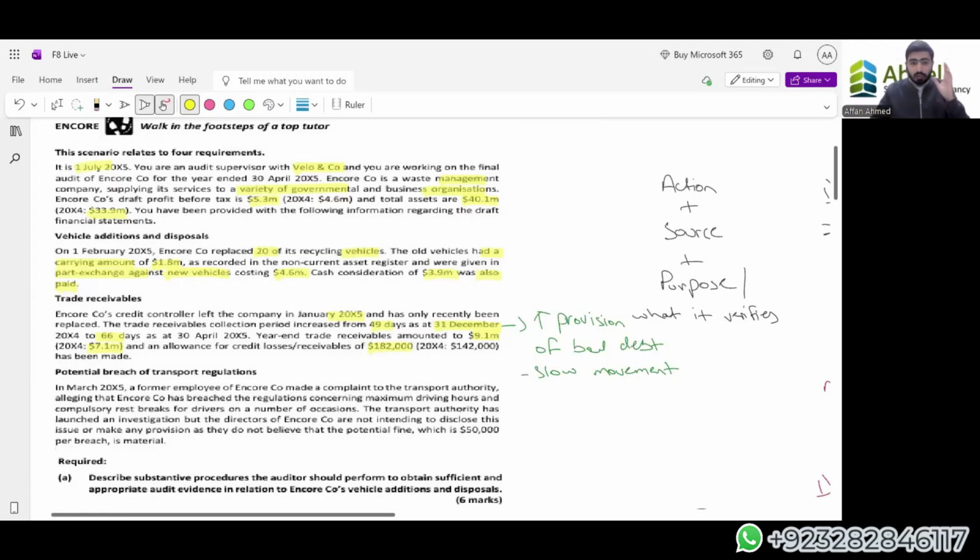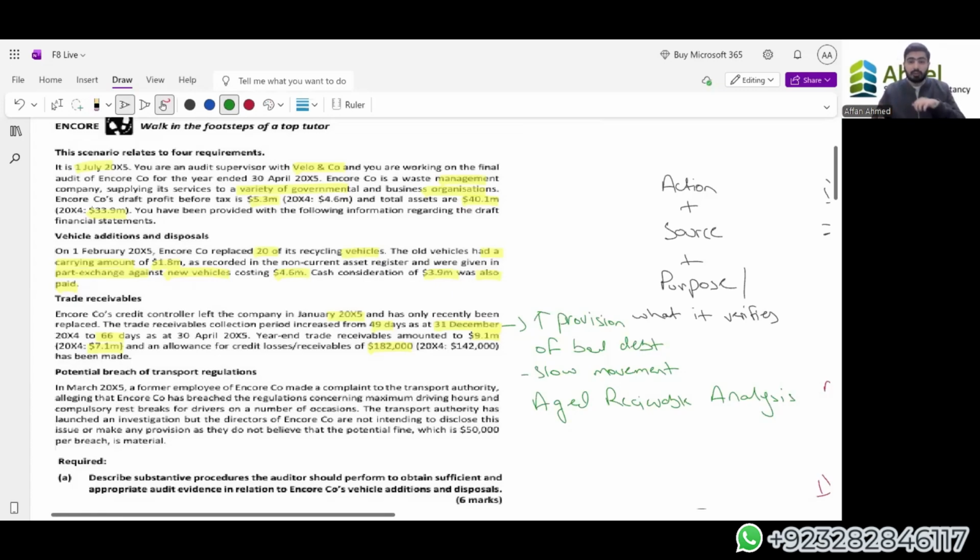Now, if you have to focus on valuation, first of all, what did I tell you? To obtain information. Now, what piece of document can we focus on to obtain information that will give us an indication that the accounts receivable or trade receivable might be slow moving or correct or higher, etc.? The document can be the aged receivable analysis, aging of receivables. Obtain the aged receivable analysis. Why obtain it? Obtaining this document will help us in analyzing what the situation is, getting to know what the situation is.